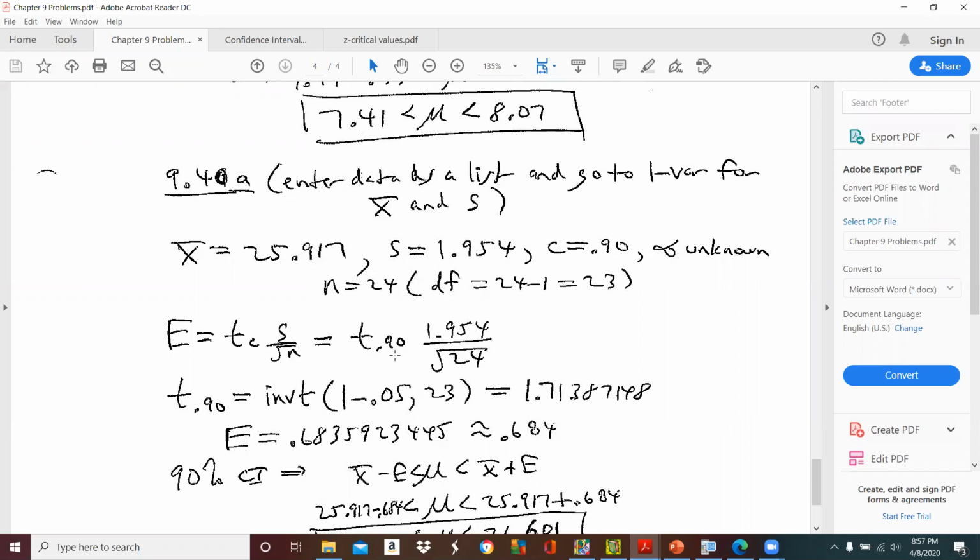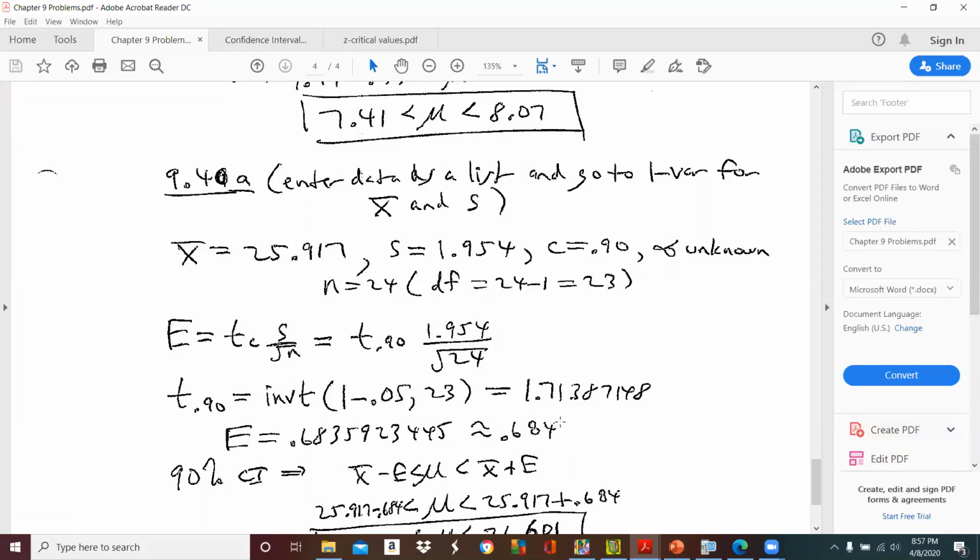Now, for a 90% confidence interval, we have the middle 90% of the curve. 10% is left, 5% on the left, 5% on the right. So the area to the left of the critical value is 1 minus 0.05, because the area to the right is 0.05. Degrees of freedom is 23. So that is our t-critical value, t.90. Inverse t, 1 minus 0.05, comma 23. We get this